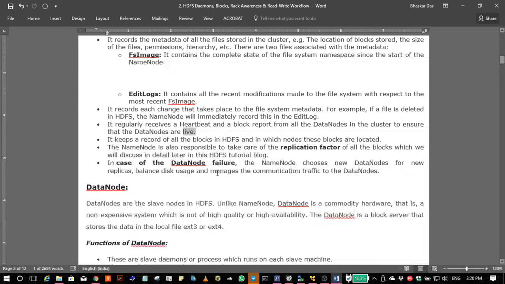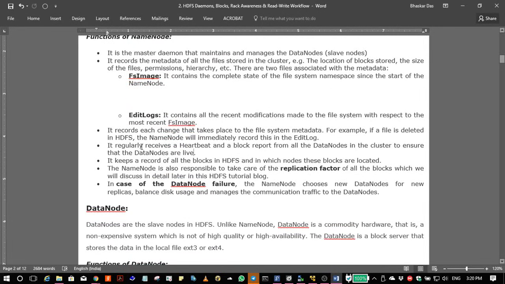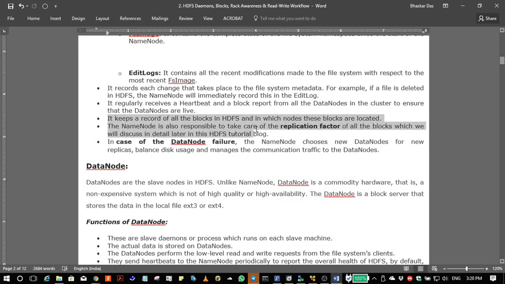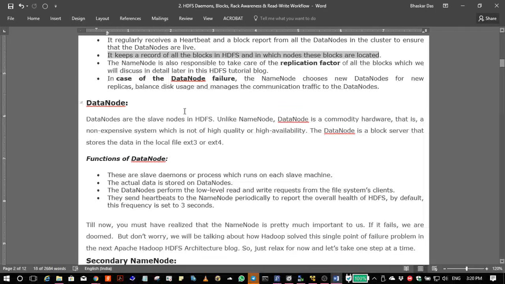So heartbeat signal, it means the name node regularly receives a heartbeat signal and a block report from all the data nodes in the cluster to ensure that the data nodes are live. So it keeps a record of all the blocks in HDFS and which nodes these blocks are located. In case of the data node failure, the name node chooses new data nodes for new replicas,